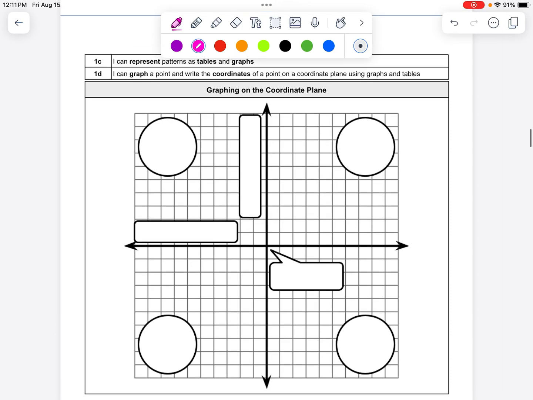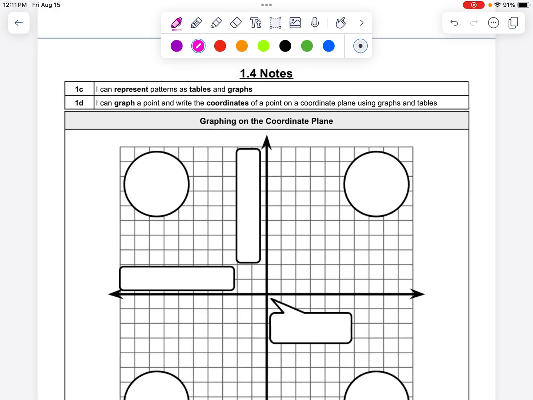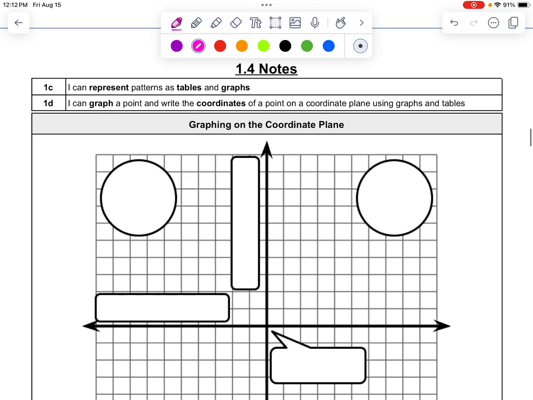Hi everybody, so in today's video I'm going to be going through the notes for lesson 1.4, and in this lesson we're not going to be talking about patterns, we're really going to be focused on graphing. Now we've done a little bit of graphing, but we've always been graphing with patterns as our context. Today we're going to be graphing on what's called the coordinate plane, which basically means a graph that has 4